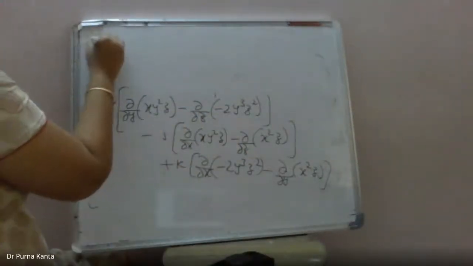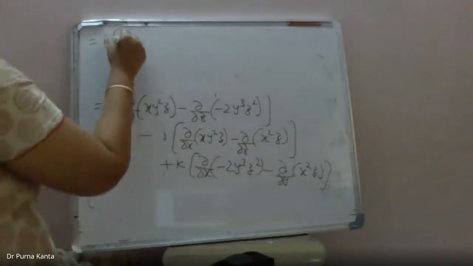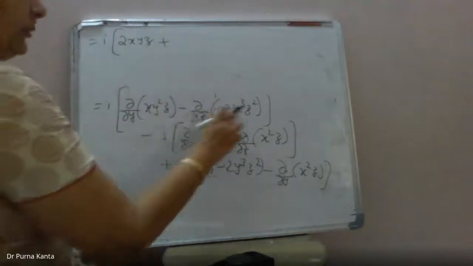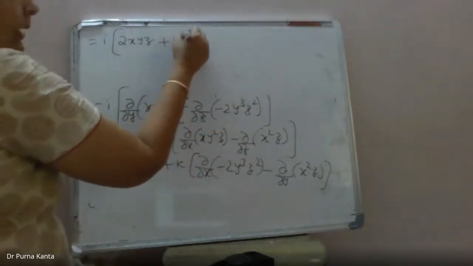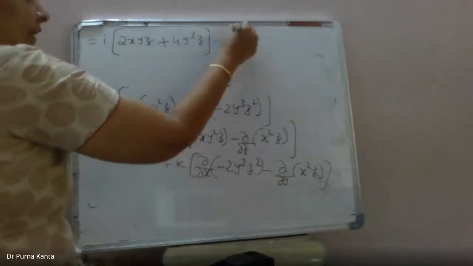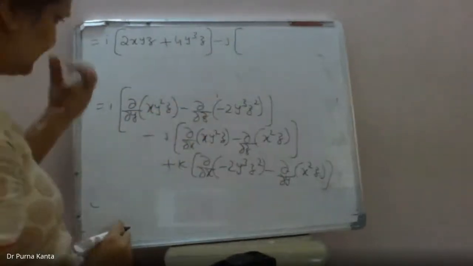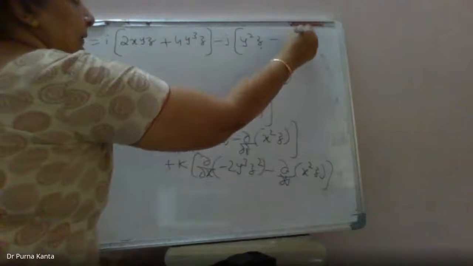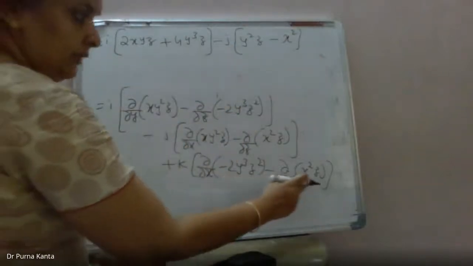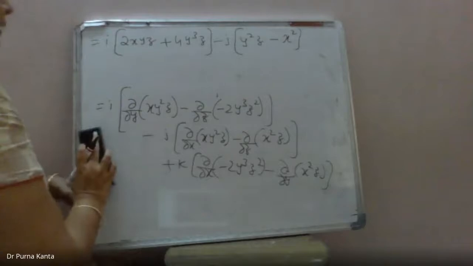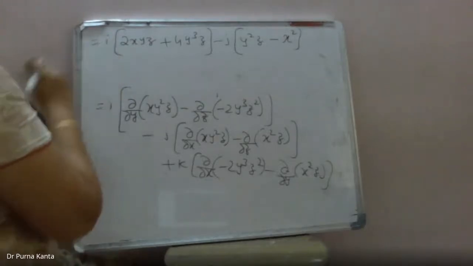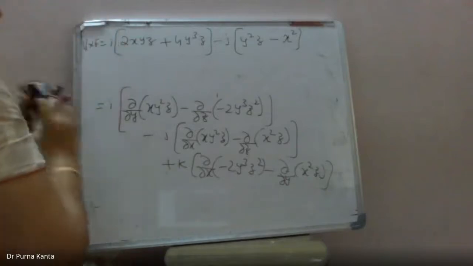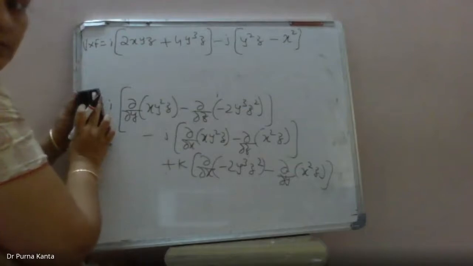Which is equal to i times dou by dou y of this function is 2xyz, plus dou by dou z of this function is 4 y cube z, minus j times dou by dou x of this function is y square z minus dou by dou z is x square. K times, we don't have an x function here, we don't have a y function here, so this becomes 0. So this is the value of curl f we have calculated. Del cross f is equal to i times...